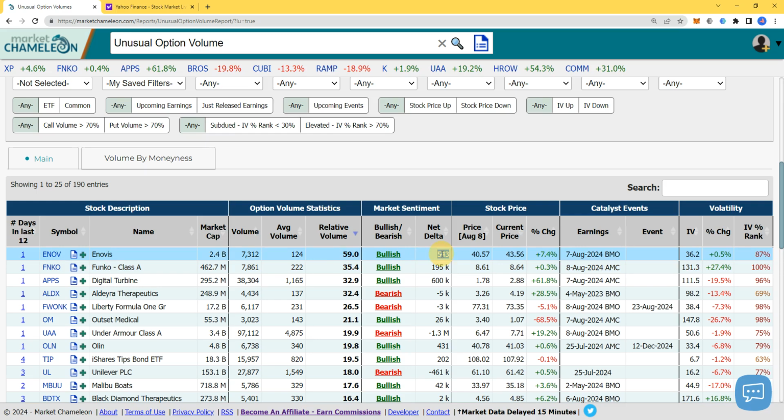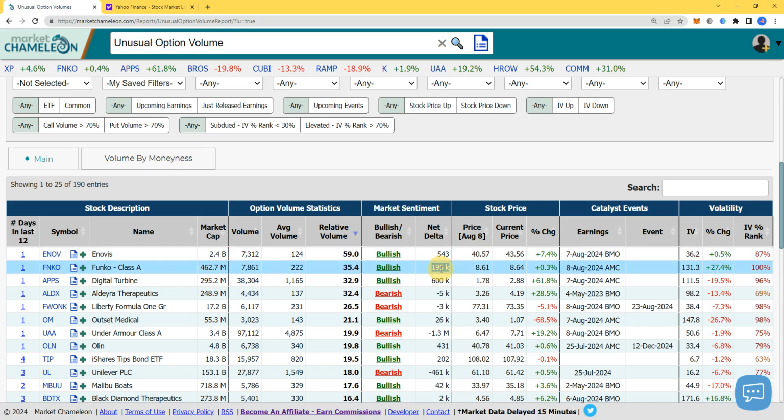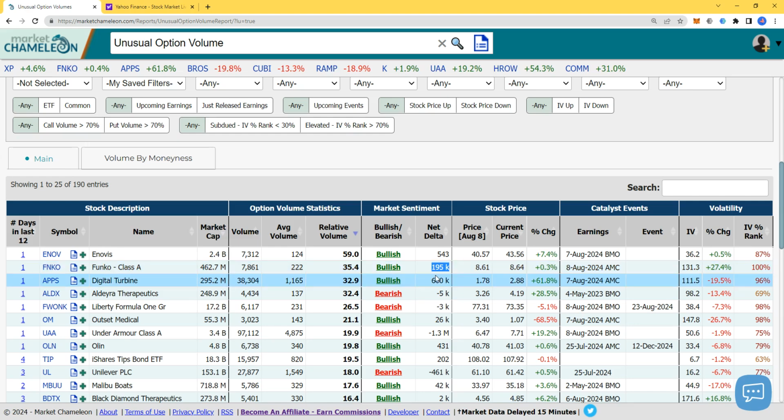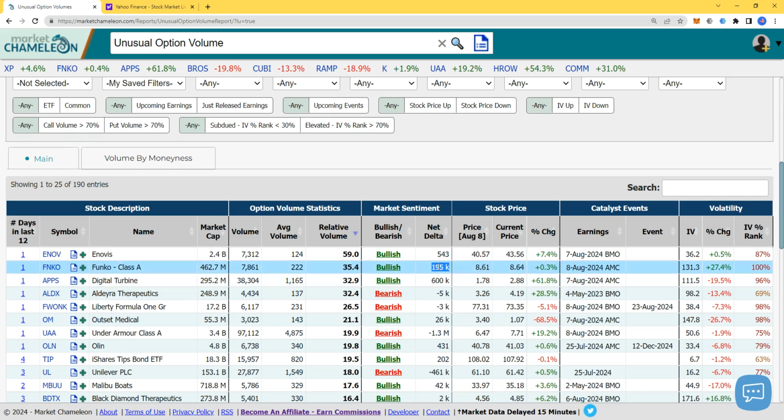Step two, I'm checking this number, and I see barely 500 options change hands, like net delta positive, bullish, barely 543. I want to see a number like this 195k. I want to see over 100k in a certain direction, bullish or bearish. Ideally bullish, because the market is going up, so that's what I like. So I'm going to show you two options. We're going to go over